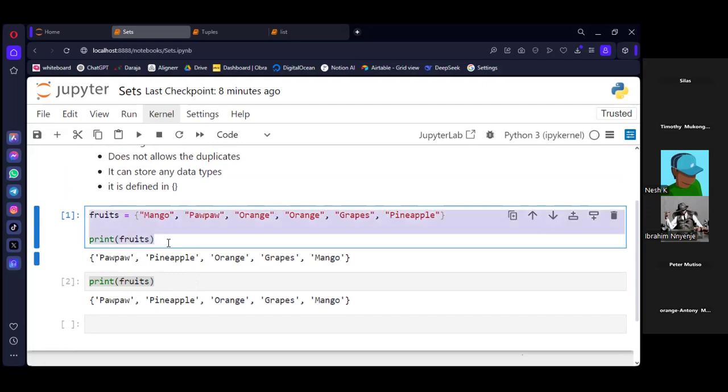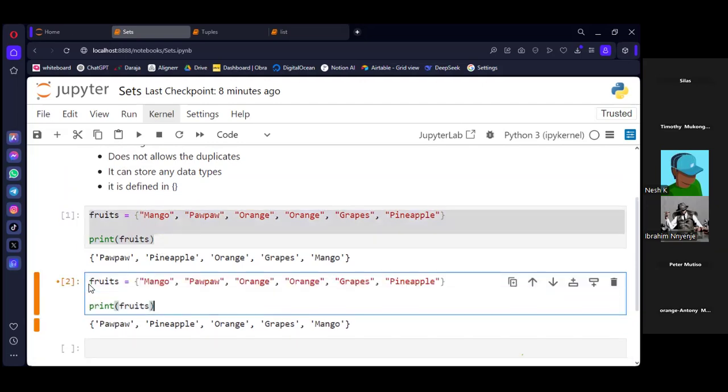Now let's try to demonstrate. Let's try to check if we can really modify with the index or not. So here is our fruits. We said Python is very, very dynamic. Once you've created a variable and you reassign a new value, it's going to use it. So in these fruits, we want to access, for example, mango, which is at index 0, we know. In the case of lists and tuples, it's going to be index 0, this mango. So if we could give it pineapple, I believe this is the spelling.